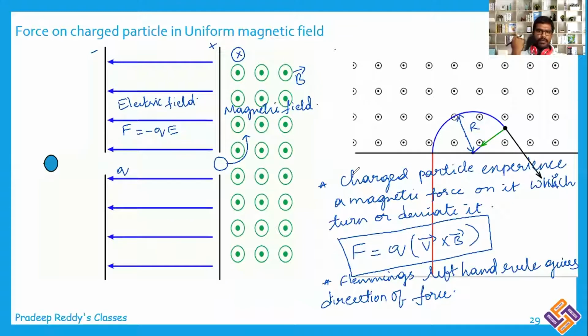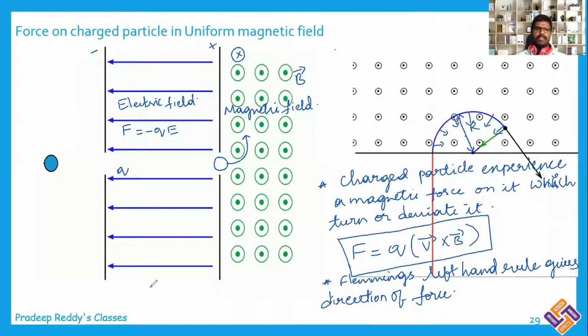Similarly, in this case also, in the second part, the magnetic field is coming out from the screen. The charged particle is entering perpendicular into it. So use your left hand thumb rule. The left hand thumb rule indicates that the magnetic field is coming towards my side, and the velocity is upward. In which direction is force represented? Force is represented like this. Therefore, immediately when it enters, it experiences a force towards the center.